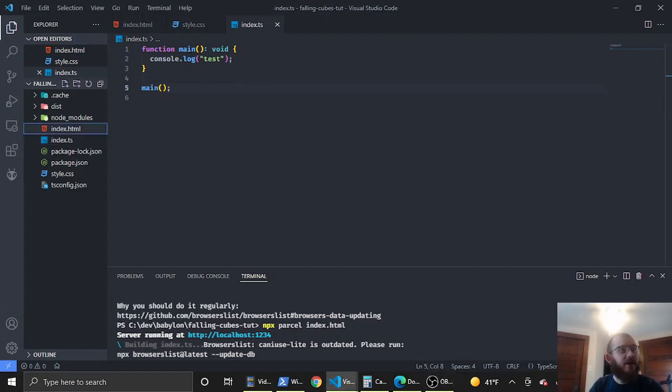Next, we want to create a source folder, and that's where we're going to keep most of our TypeScript code, except for the index.ts file, which is what Parcel initially reads. So we're going to create a src folder. And inside of here, we're first going to create a file that gets our canvas. And it gets any DOM items we may have. So we're going to say DOM